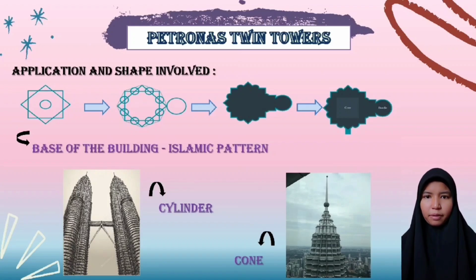This design represents unity, harmony, stability, and rationality in the Islamic culture. Secondly, there are 4 cylindrical buildings from Petronas Twin Tower. As you can see from the picture, there are 2 small cylindrical buildings that are attached to each of the big cylindrical buildings. At the upper part of the building also has a cone shape that is attached to the cylindrical